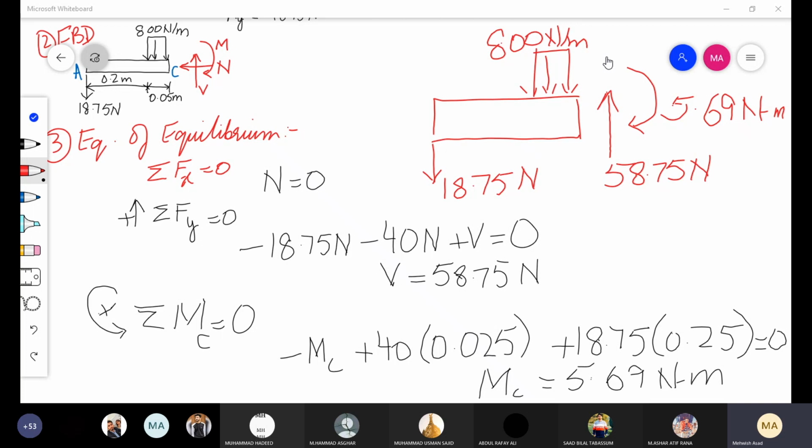ये आपके वही steps हैं जो SFDs और BMDs में आपने यूज किए थे। Now, an additional step that we are going to add here, or another thing that we are going to do, is to find out the stress. Internal force की वजह से जो member में stress produce हो रही है, this is the new thing. ये आपके previous solutions के अंदर एक addition है, previous जो आपने calculations की उनमें एक addition है।